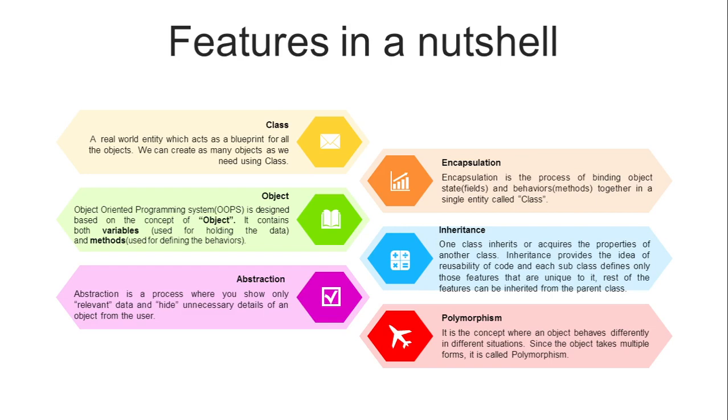That is, each and every person does different things at different times, in different circumstances. So that becomes their polymorphism. So how is this polymorphism concept defined in Java? It is a property where an object behaves differently in different situations. The same object will behave differently in different situations as the situation demands. So the object is taking different forms. So it is called polymorphism.